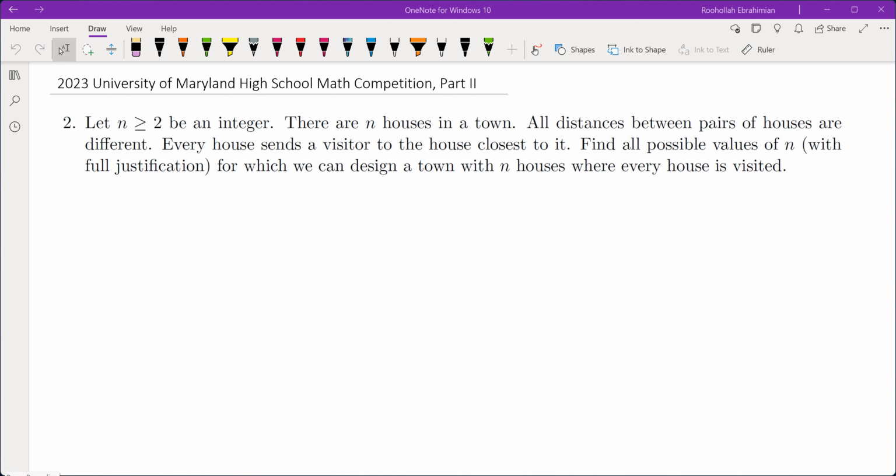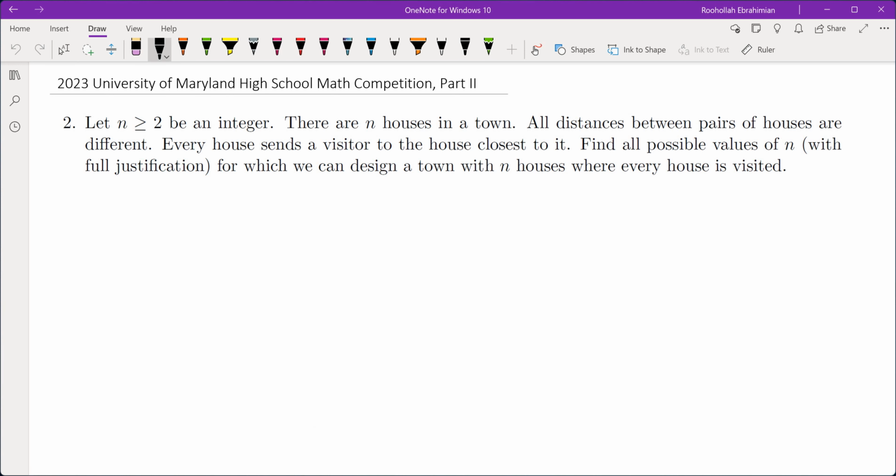Hello, in this video we're going to go over problem 2 from the 2023 University of Maryland High School Math Competition, Part 2. Let n be an integer greater than or equal to 2. There are n houses in a town. All distances between pairs of houses are different. Every house sends a visitor to the house closest to it. Find all possible values of n for which we can design a town with n houses where every house is